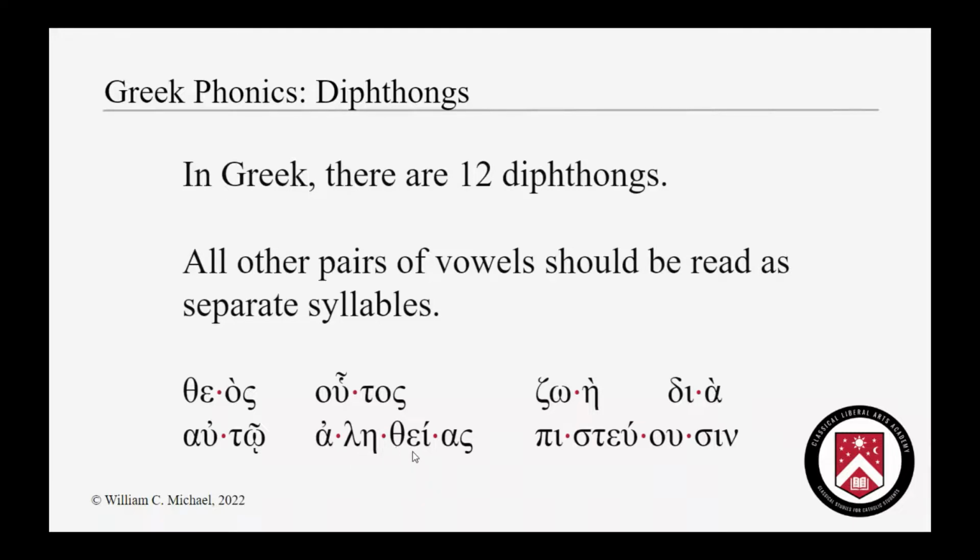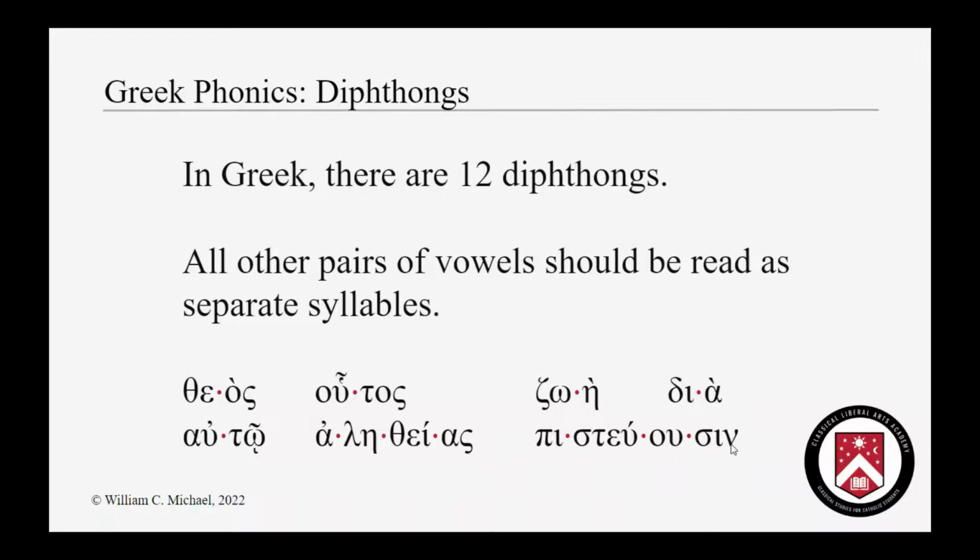Then we have theta and the diphthong, the, and as. Notice here we have an acute accent, so it tells us to rise in pitch on this syllable. A, le, the, as. And lastly, a longer word, we have pi and iota, sigma, tau, epsilon, upsilon, omicron, upsilon,